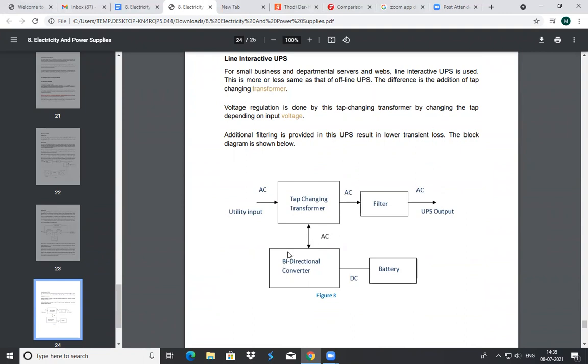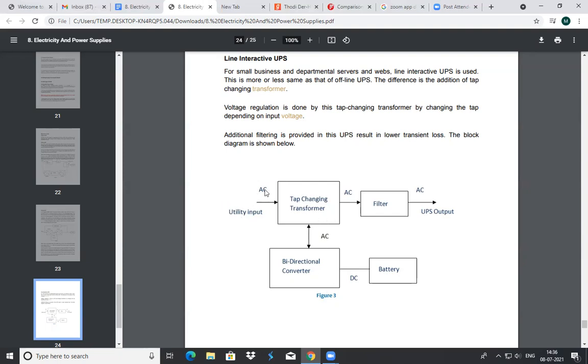The only difference is that a tap changing transformer has been added. You can see this square box is the transformer. This transformer is used for the regulation of your voltage, so the voltage level will be properly maintained with the help of this tap changing transformer.